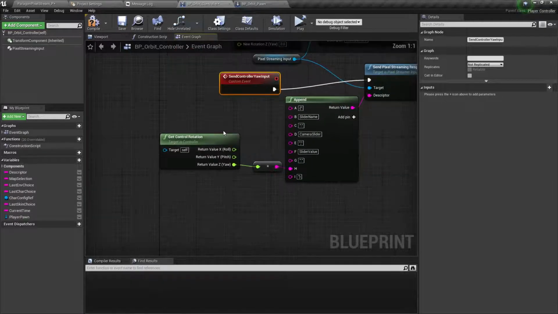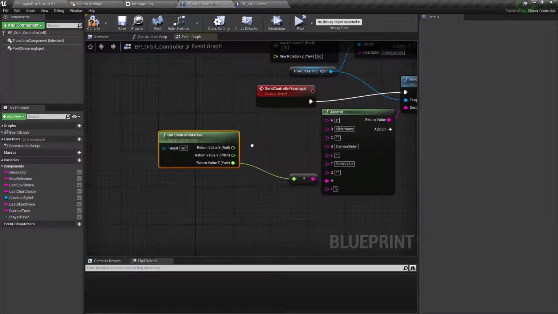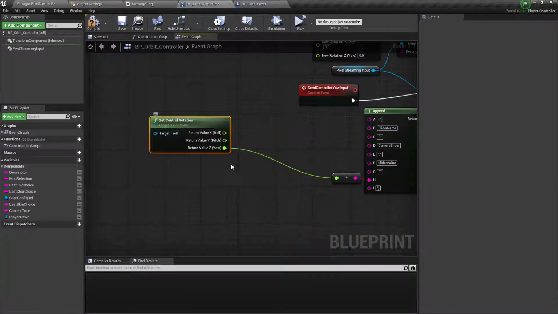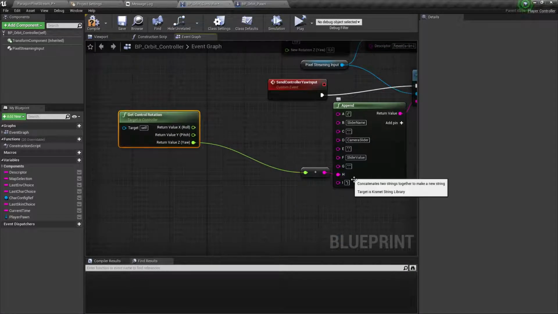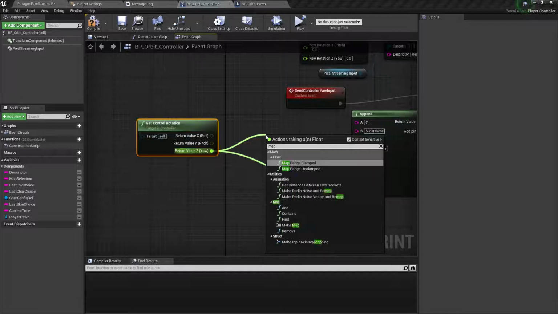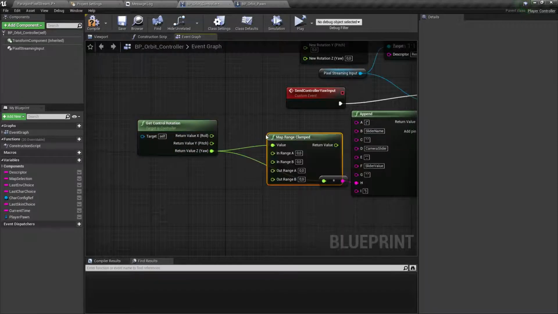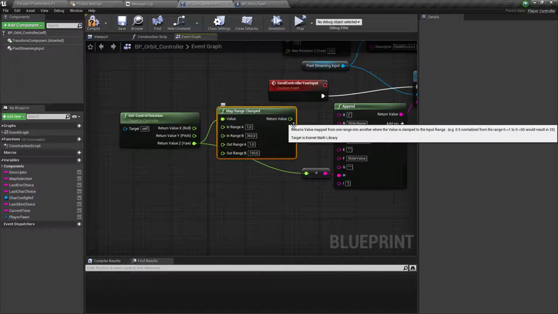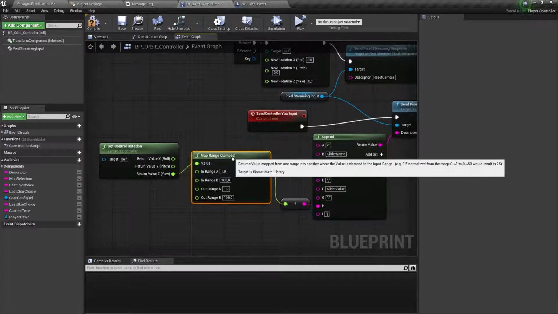Now I also noticed that this will obviously be a 1 to 360, and because the slider is still 1 to 100, we can use the map range clamp that we used before, just the other way around, from 1 to 360 and convert it into 1 to 100 and set that in instead.